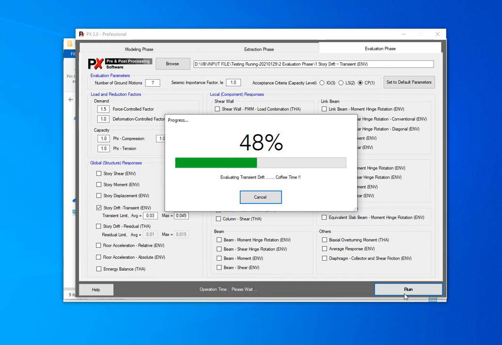The evaluation time depends on the number of ground motions that you use and on the information that you want to get.